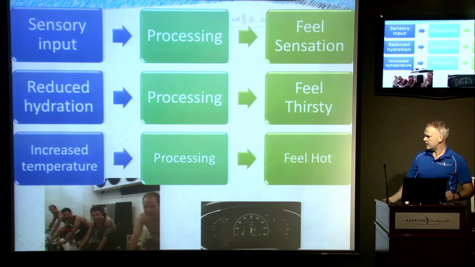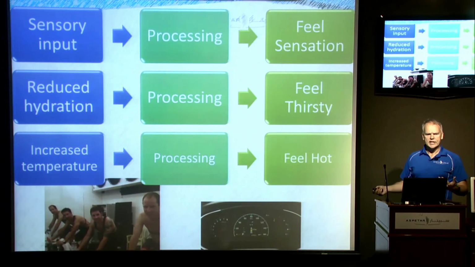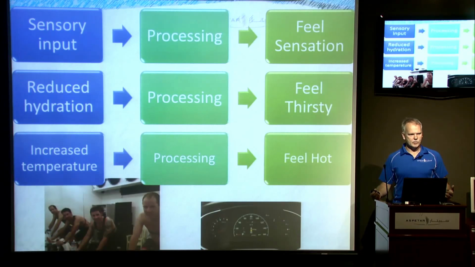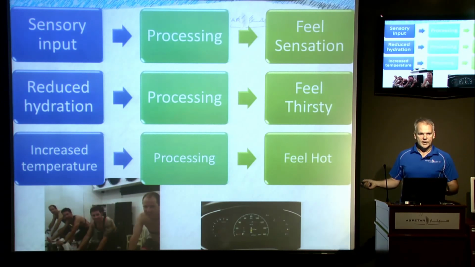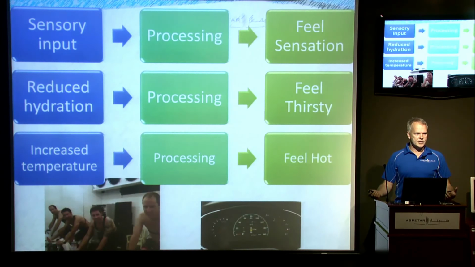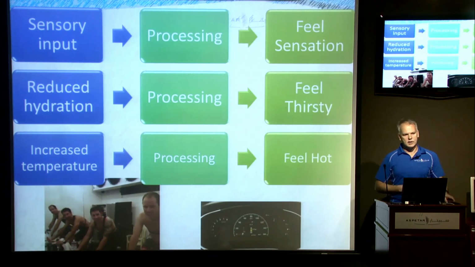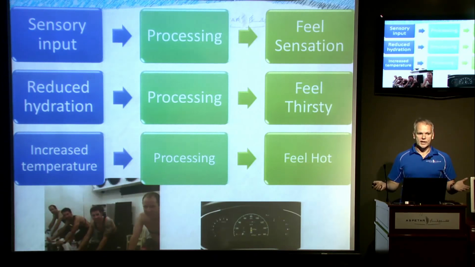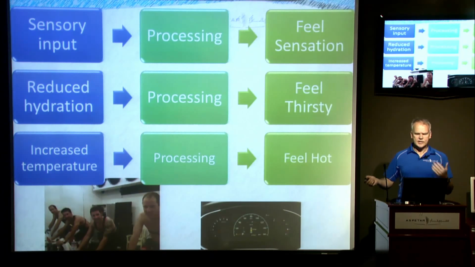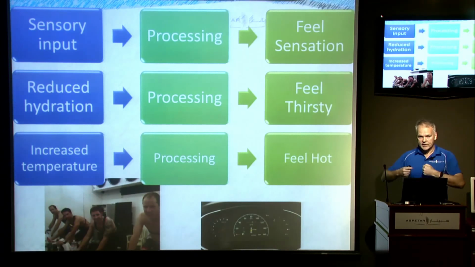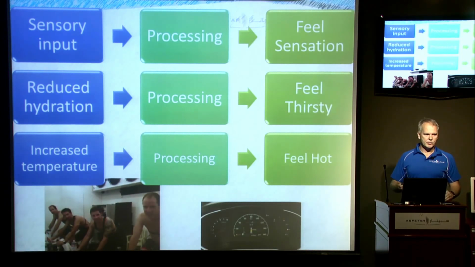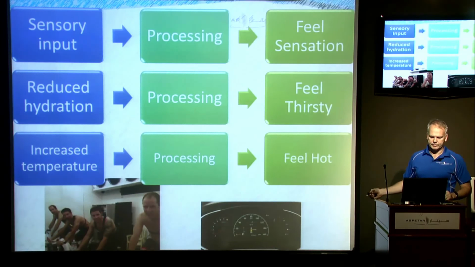But if ever you've done some of Seb and Julian and Matt's crazy experiments, strange things seem to happen. Like, I walk out of the heat chamber with a core temperature approaching 40 into the air conditioning and feel cold and put my jacket on. But I'm not cold. I've got a core temperature of nearly 40. So here it's clearly gone wrong. And I've lost 5 litres of water in the last hour of sitting around, and I drink 500 mils and think, oh, that's it, I'm totally stuffed. There's no way that I'm rehydrated. So there's something seriously going wrong with the inputs here and my perceptions, and more importantly, my actions. I put the jacket on despite I was really hot. I said, I can't drink any more, even though I was clearly still dehydrated.